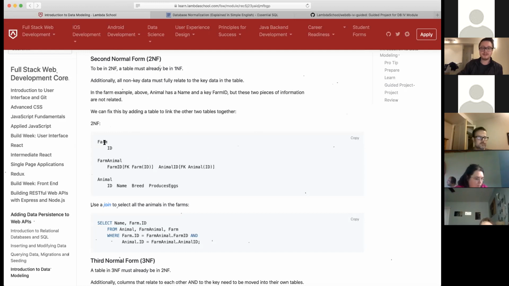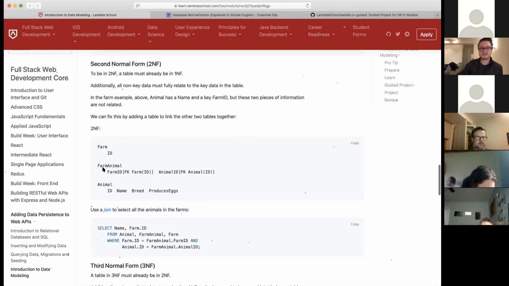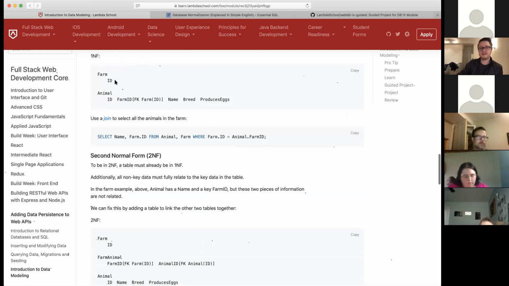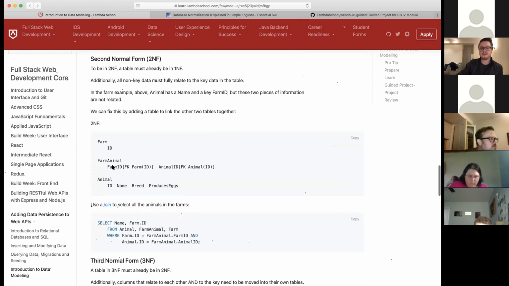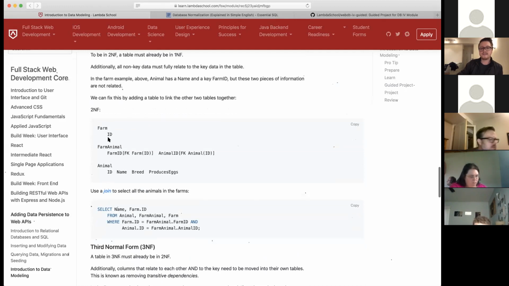So if you look at this example, let's just go with the farm and the farm animals. When you enter the first normal form, that's when we just split it up between farm and animal. You use the foreign key to link the farm. And then if you look at the second normal form, you actually extract animal from farm animal, and you